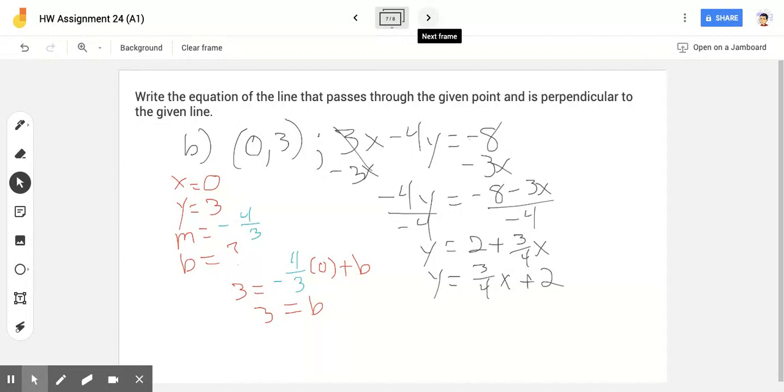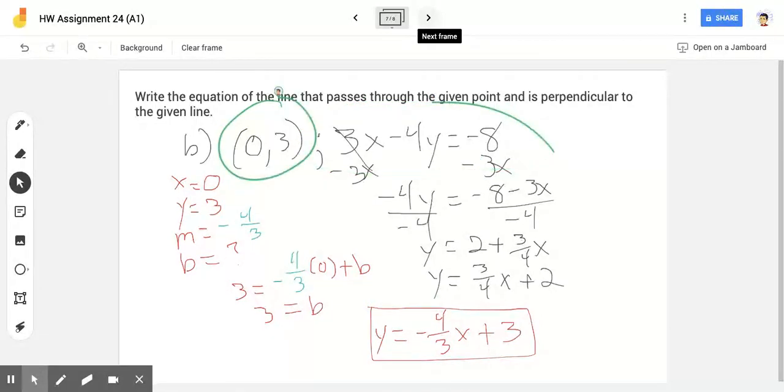Therefore, our equation is going to be y is equal to -4/3 x plus 3. This equation is going to be perpendicular to this equation and go through the point 0, 3. All right,